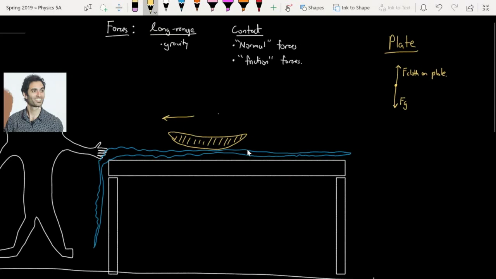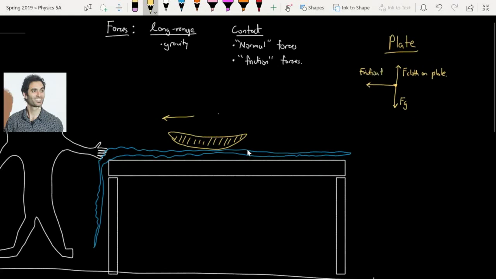Either way, it's going to the left. That was a very long-winded way of saying that plate is probably going to go to the left, even a little bit. And in that case, we have to have some force that's making it move to the left, right? If you zoom out and just look at it in the real world, that thing is going to the left, so there must be some force. That force is probably some sort of frictional force between the tablecloth and the plate. So we're actually going to have some sort of frictional force,